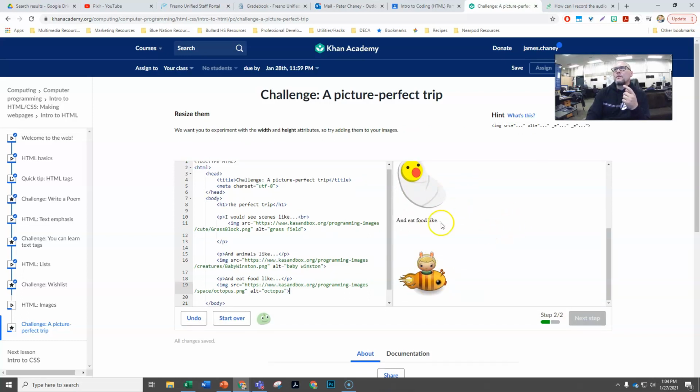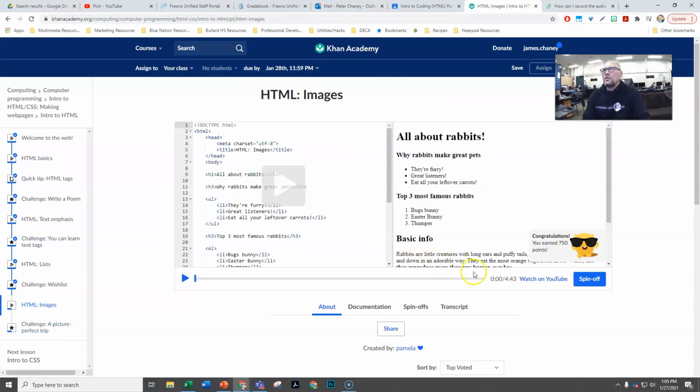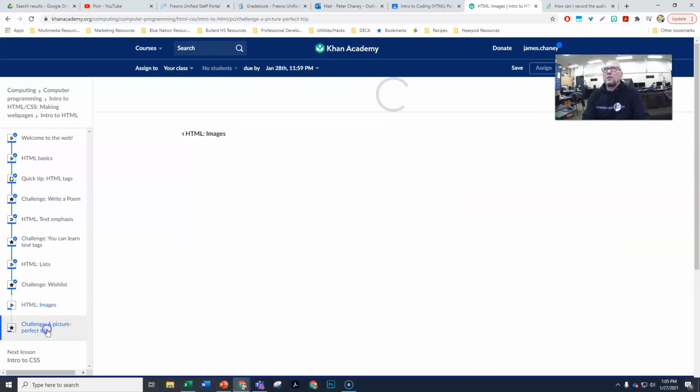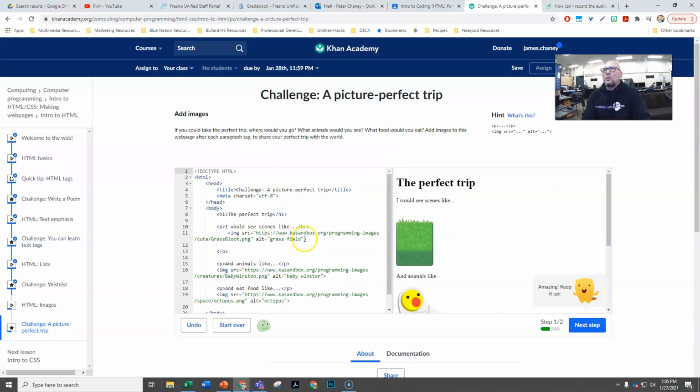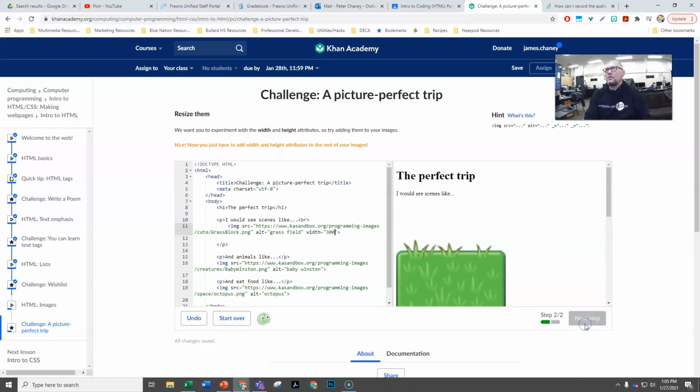Okay, next step. It says you want to experiment with the width and height attributes, so try adding them to your images. So what you could do with that, going back to our video, we can kind of refresh ourselves by going here, and you can put in after the quotation marks width equals quotation marks. So we'll go over here, go to one of our pictures, width equals quotation, and let's go 300, and it'll make it bigger. And our guy is happy right there,